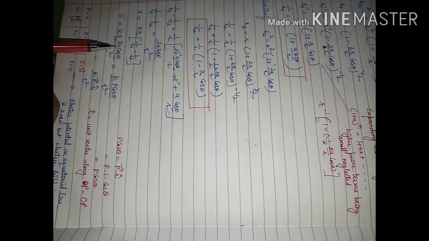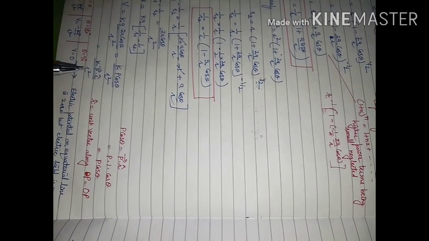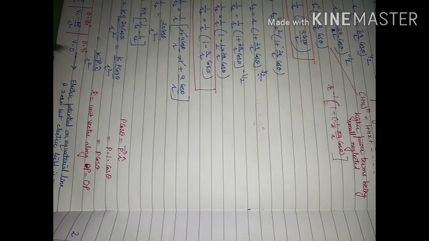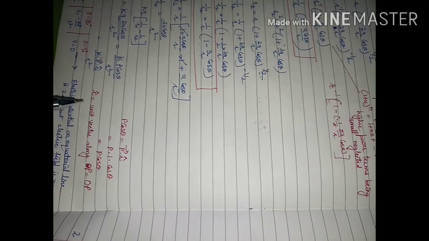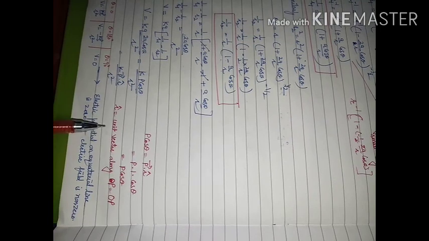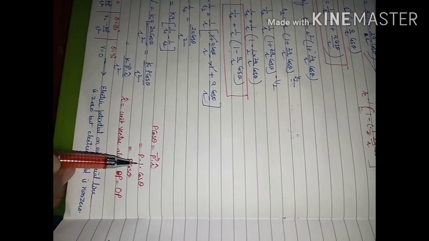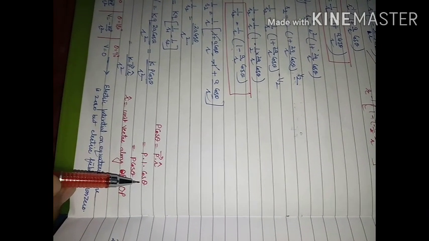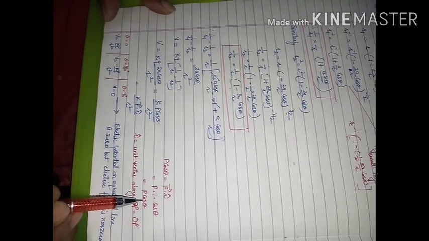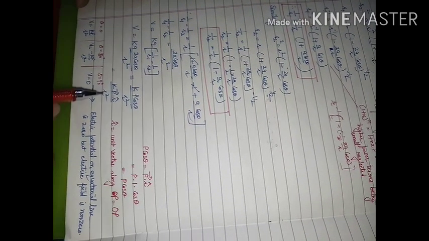Now k into 2a, this is the dipole moment, so we can replace it by p. This will be kp cos theta divided by r square, and if you want to write it in the form of a dot product, then we write p as the dot product of p and r cap, where r cap is a unit vector in the direction of OP. This is a unit vector, its magnitude is 1, the angle between them is theta, and P is the magnitude of the dipole moment. So we have P cos theta, and we can write P cos theta in this form also. So this will be our net potential.